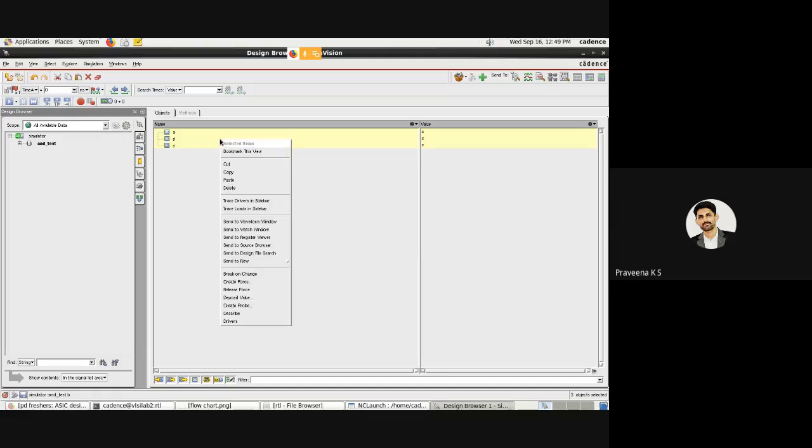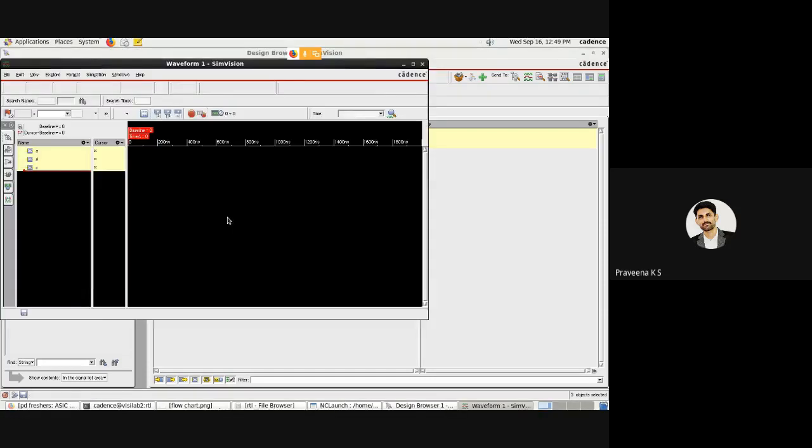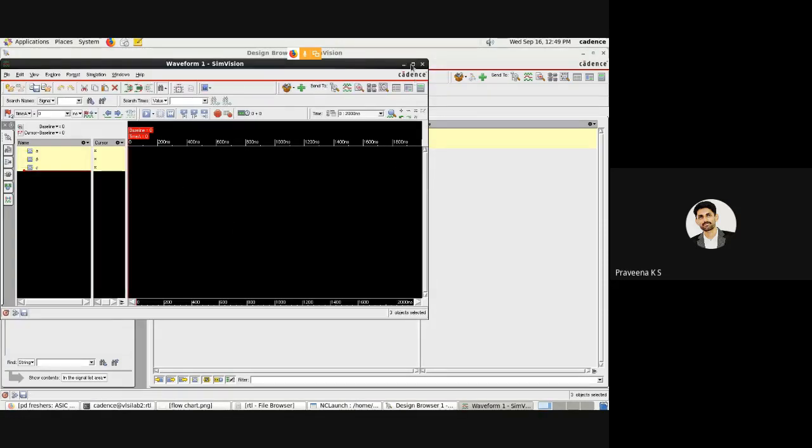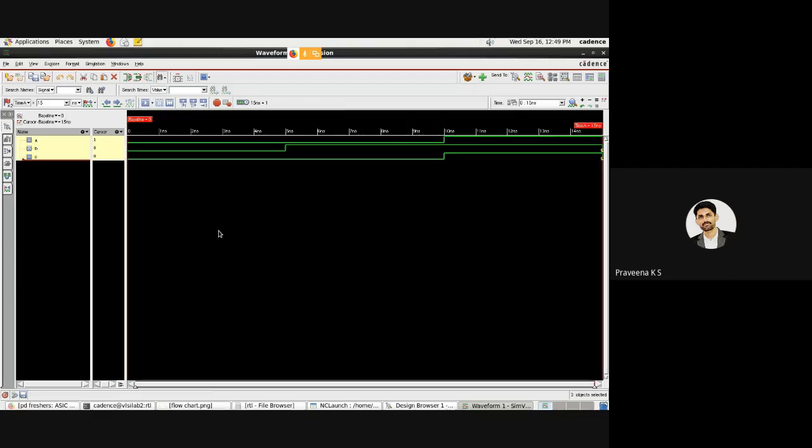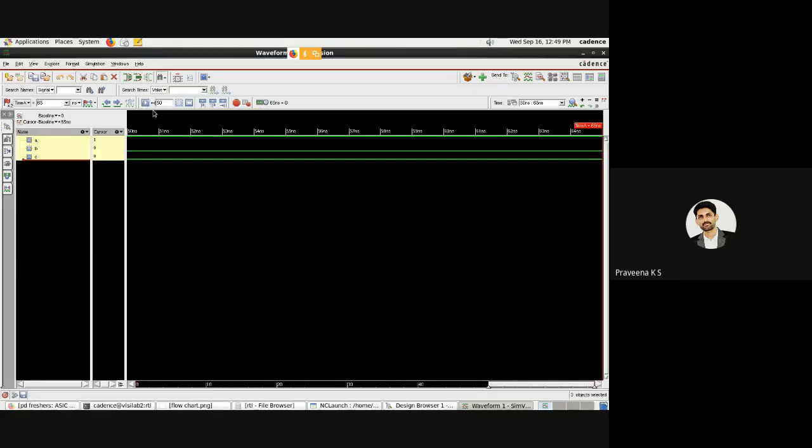Now right click on this. Here you can find the option Send to Waveform Window. I click on that, so the simulation window will appear. Here you have to set the simulation time. To set the simulation time, you'll go here. If you run directly, it will run by taking its corresponding timeline. Or if you want your own simulation time, you can select here. Based on the delay you have given, you can select the corresponding time. If you run, okay,